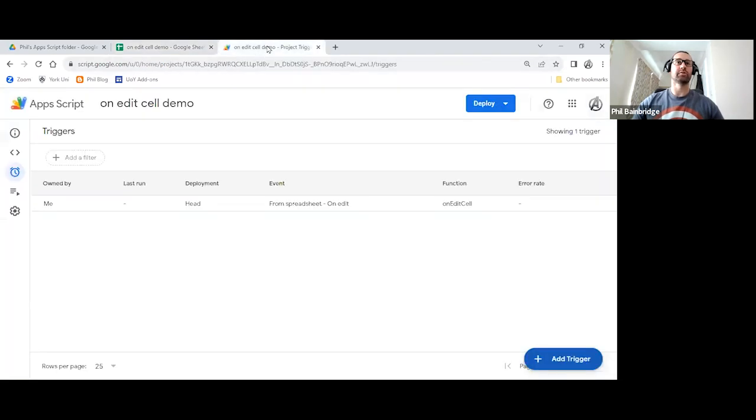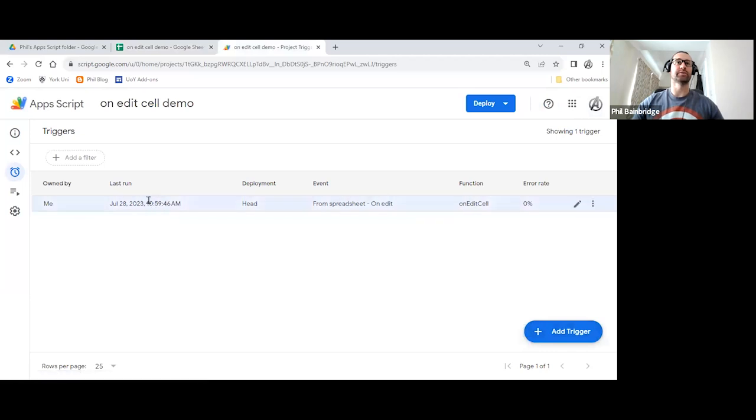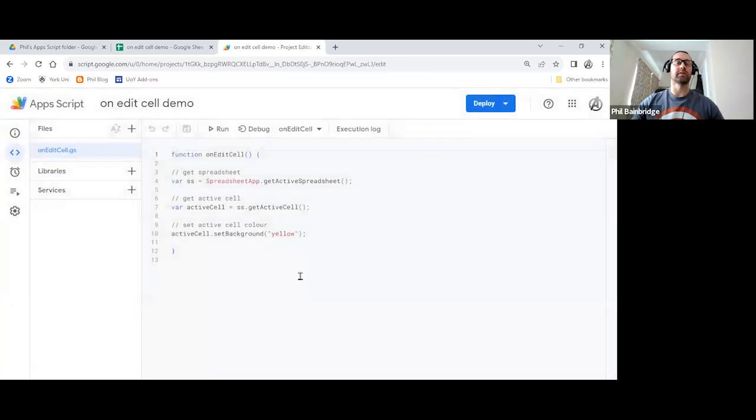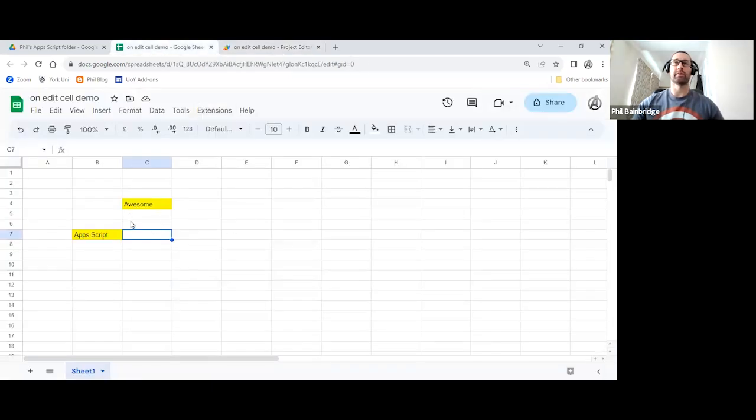If we just jump back to the trigger page, for instance, and I refresh this now, just using the refresh button at the top left, you can start to see there's a bit of timestamp information as to when it last ran. We also have no errors at this point in time. You can also use the executions option on the left-hand side to actually see each individual circumstance as to when it was running. So if you ever did any logging, you'd be able to access this information from here. And remember, you can always go back to your AppScript code using the editor on the left-hand side. But that's it now. Going forwards, any edits on this Google Sheet will cause the cell background color to change.